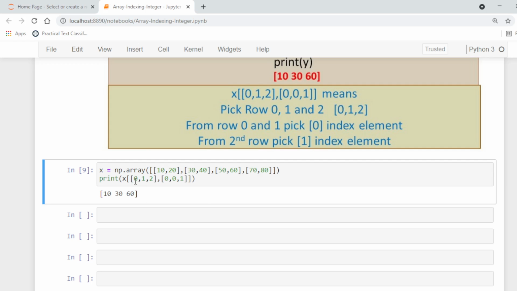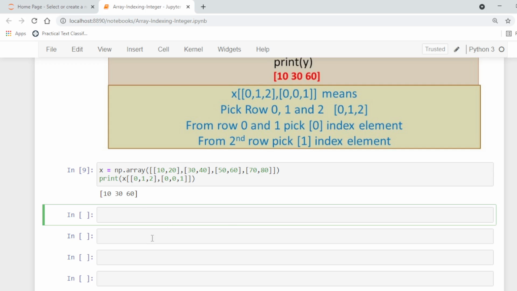Basically we are picking the elements stored at 0,0, 1,0 and 2,1. Actually 10 is stored at row 0 and column 0. Similarly 30 is stored at row 1 and column 0, and the last, 60, is stored at row 2 and column 1. Row 2 means the third row actually, because indices start from 0.